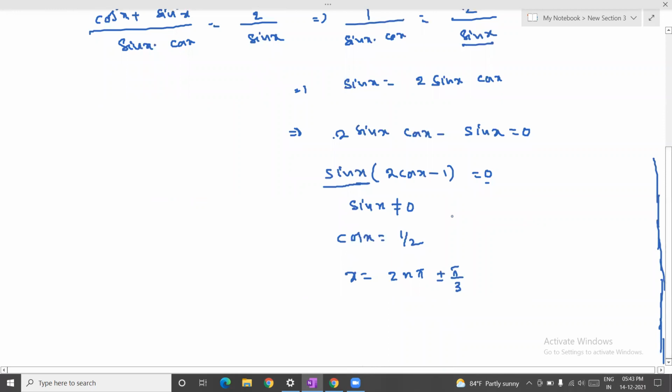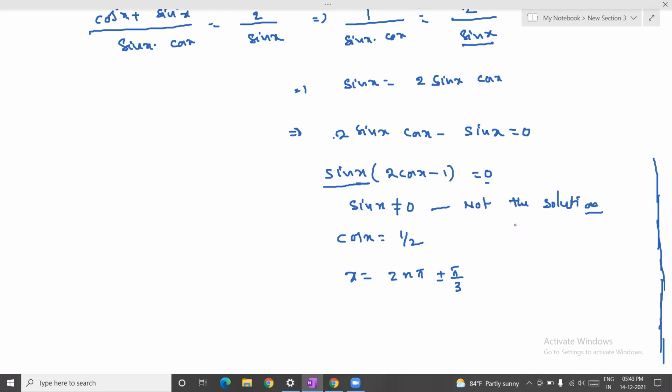That's the reason sin x equal to 0 is not a solution here. This statement we won't consider to solve for the x value. It is not valid, so keep it in mind. Sometimes it might be useful, sometimes it is not valid. No need to consider. That's the reason direct cancellations might sometimes be wrong.